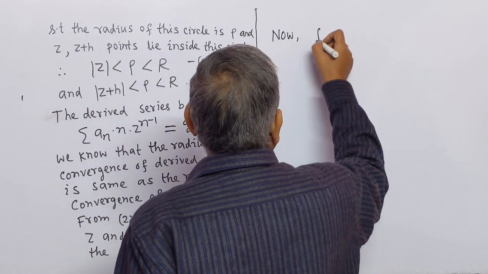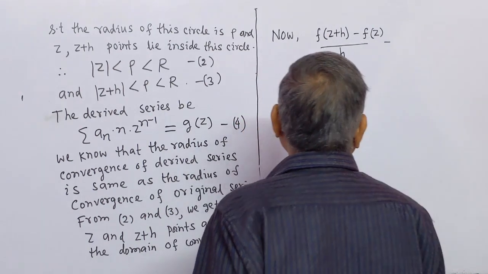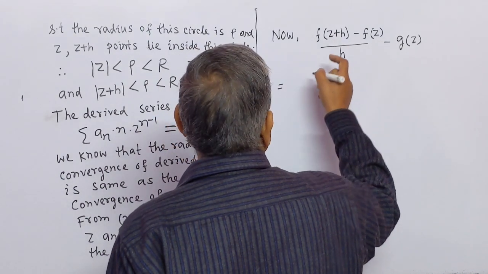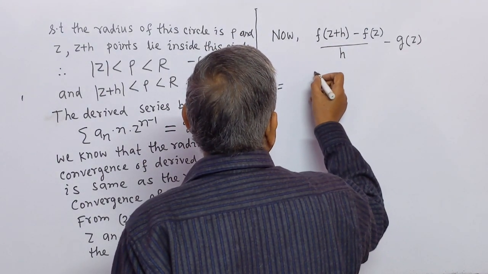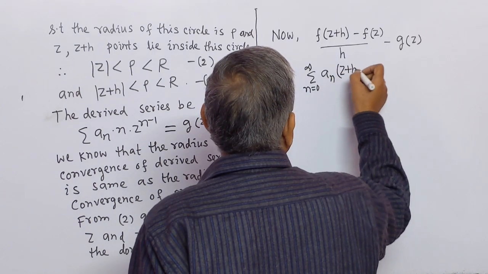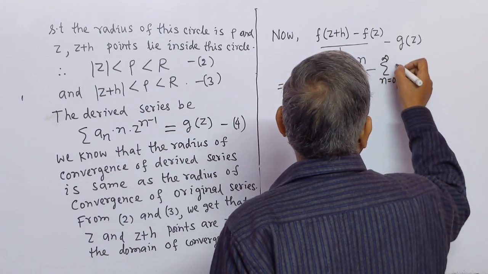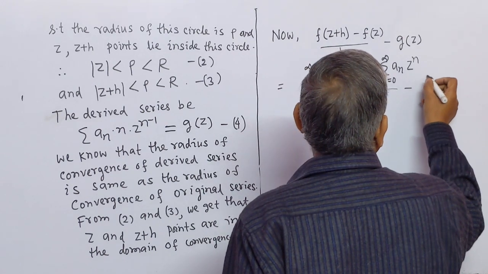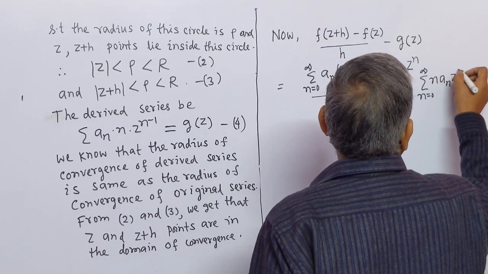Now, (f(z plus h) minus f(z)) by h minus g(z), this is equal to, since f(z) is sigma a_n z to the power n, so here we get sigma n equal to 0 to infinity a_n (z plus h) to the power n minus f(z), which is sigma n equal to 0 to infinity a_n z to the power n, by h, minus g(z), which is sigma n equal to 0 to infinity n a_n z to the power n minus 1,